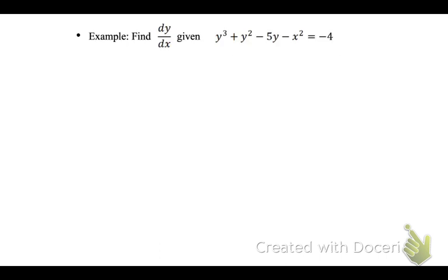Okay, so find dy/dx given y cubed plus y squared minus 5y minus x squared equals negative 4. Our rules said differentiate both sides with respect to x. So you're going to rewrite it as,